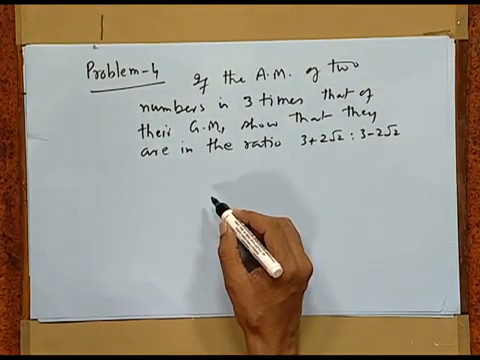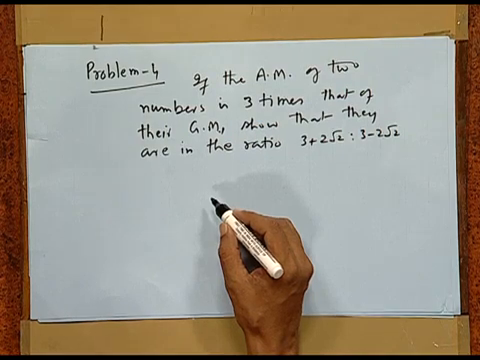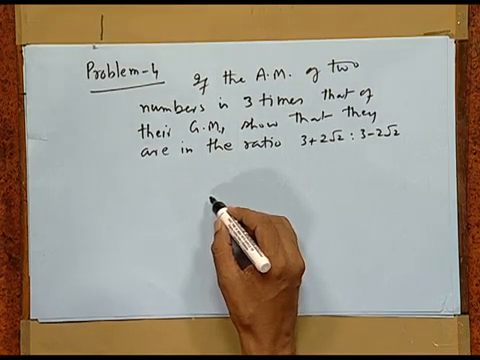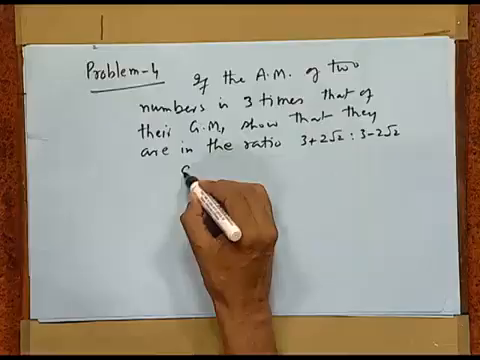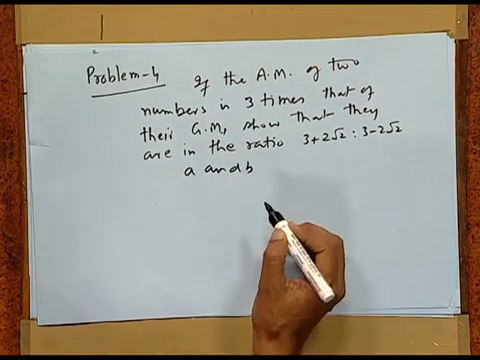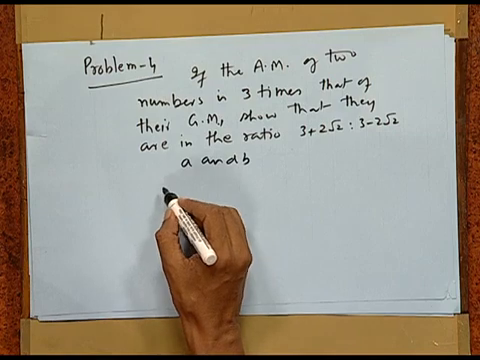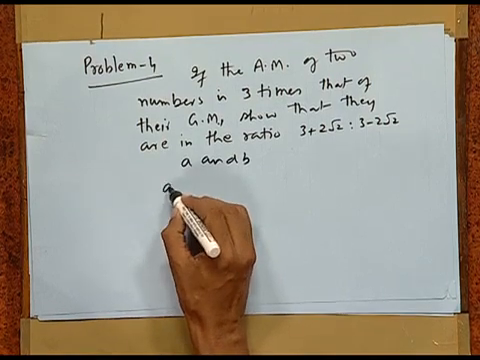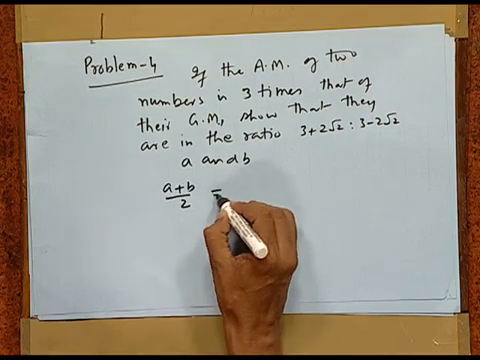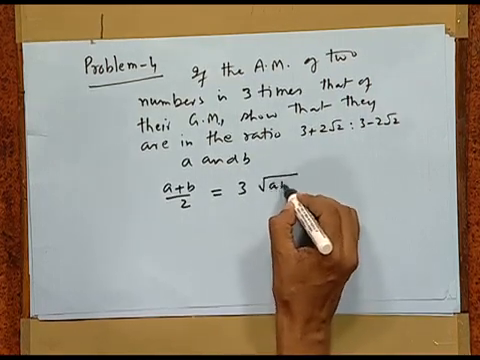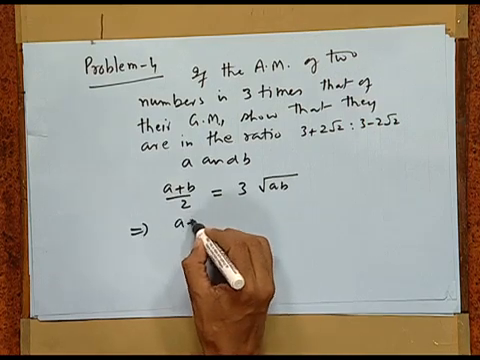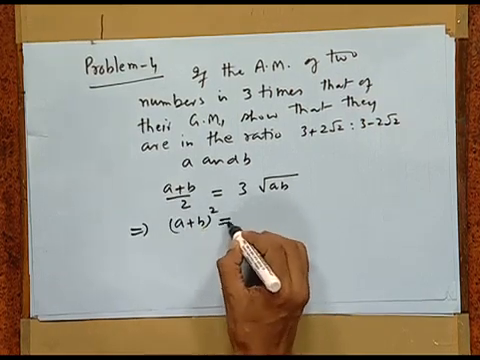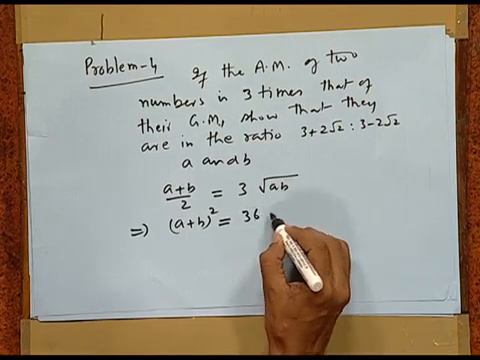Finally, we take one more question to highlight GM. If the AM of two numbers is 3 times their GM, show that they are in the ratio 3 plus 2 root 2 is to 3 minus 2 root 2. Let the numbers be A and B. As per the given problem, we have (A plus B) by 2 is 3 times root AB. This gives (A plus B) whole square is 36 times AB,